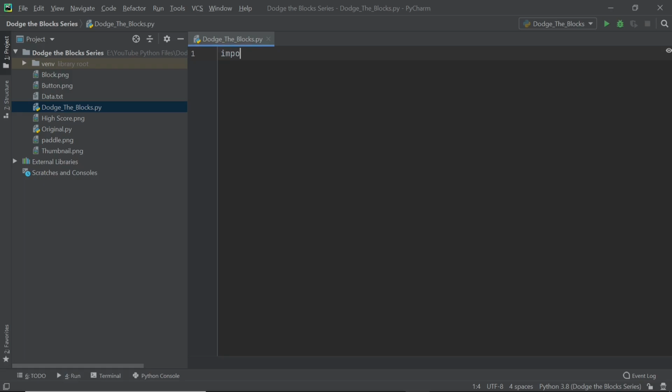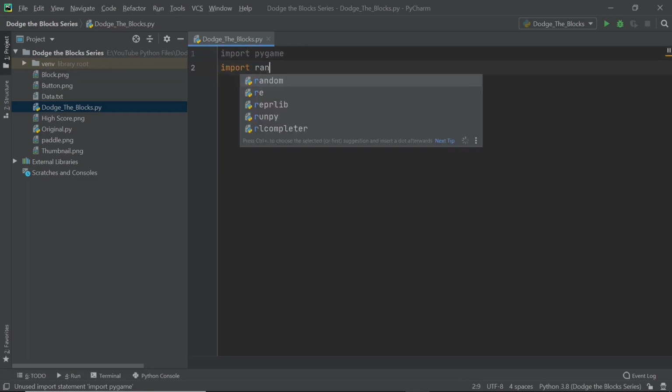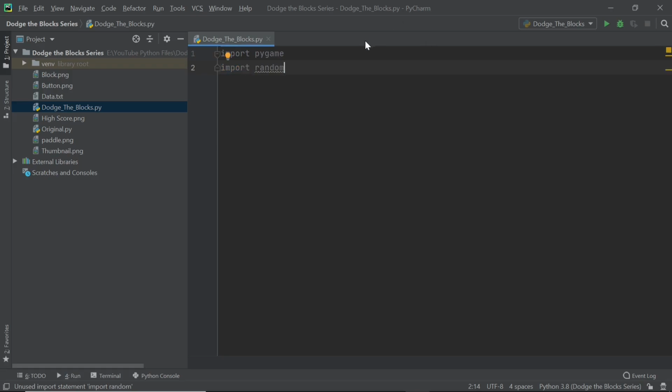So I'll assume that you know Pygame if you're watching this video right here, and I'm going to start off by importing the two modules which we need. The first module is obviously Pygame and the second module is called random. We won't use this right now, but I'm going to import it right away. After you import Pygame, I'm going to do one additional thing, and that is I'm going to import Pygame as P. What this will allow me to do is whenever I'm typing out a method from Pygame, I don't have to type in pygame dot that method, I could just type in p dot the method instead. So it's just going to save me some time.